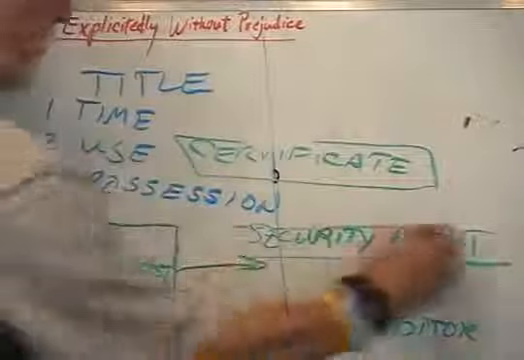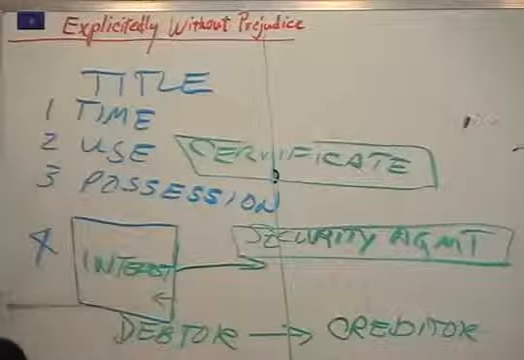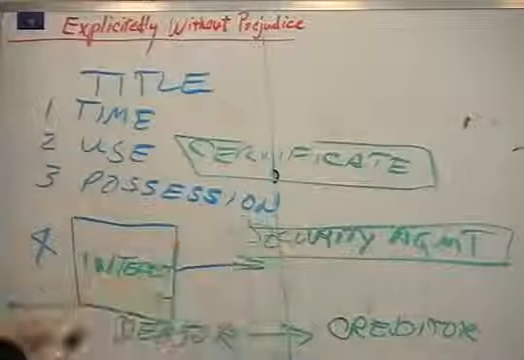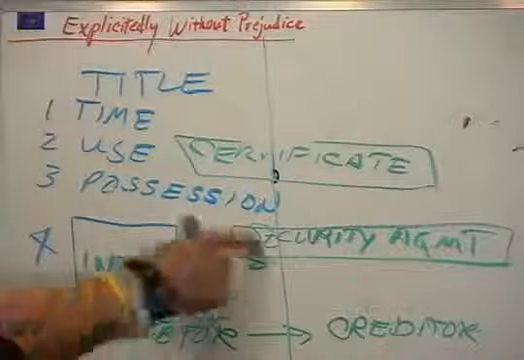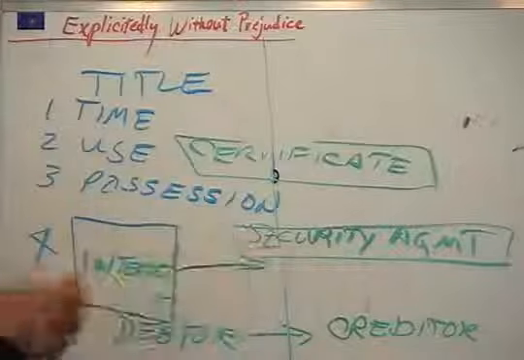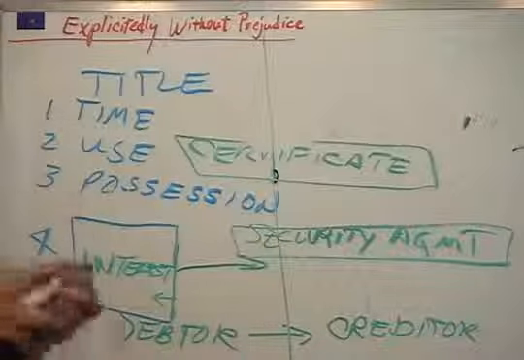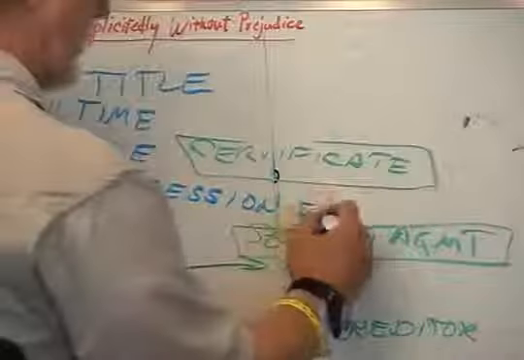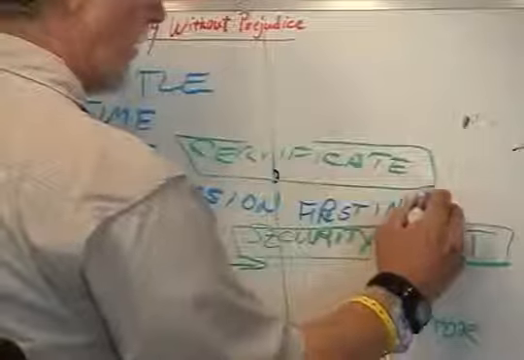This is the thing that really gives you the power, not the UCC. The UCC only says that this thing exists. And this is the first in time, first in line. You want to be the first one there with the security agreement registered or recorded. First in time, because this gives you the control of it.